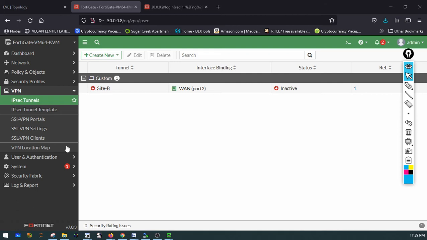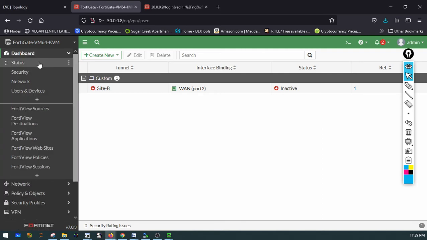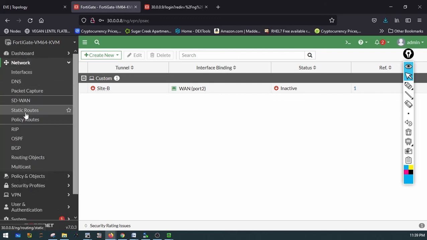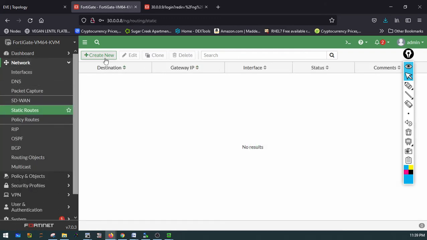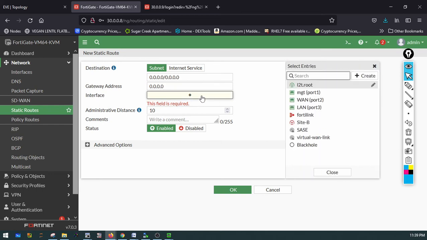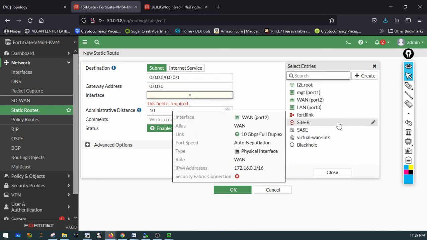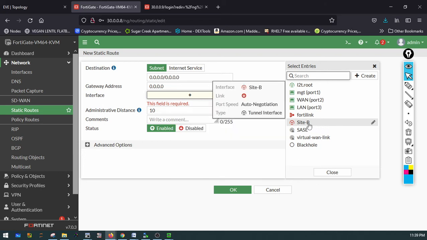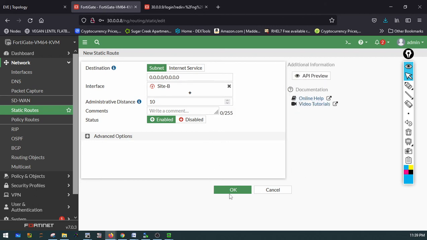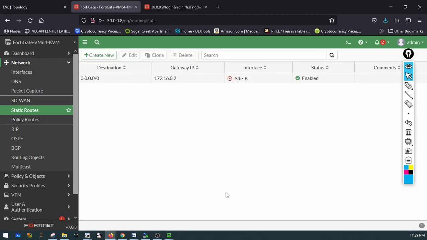Okay, so let's go to network and show you how you do that. Go to the network, create a static. You don't have to get the gateway, just add the interface. Remember, we're gonna add the site VPN site. That's all you need. That's statically VPN,